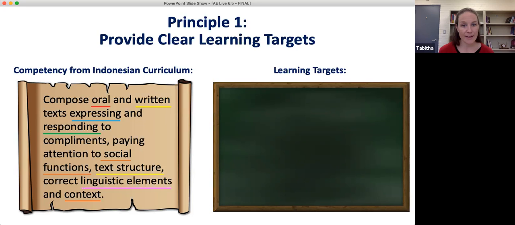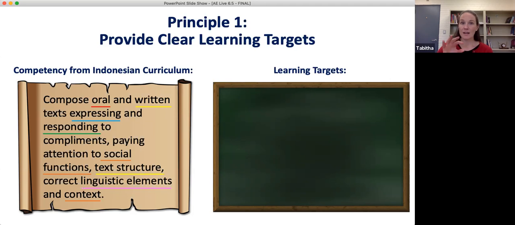And then we still have something here about social functions and context. So when is it appropriate to give a compliment? Who is it appropriate to give a compliment to? How should you respond to compliments from different kinds of people in different settings? That can be really complex. And then we also have linguistic elements, and that's about the grammar and the vocabulary and students' awareness of the language features that are involved in these compliment giving sentences. So there's a lot going on here. I count at least 6 different